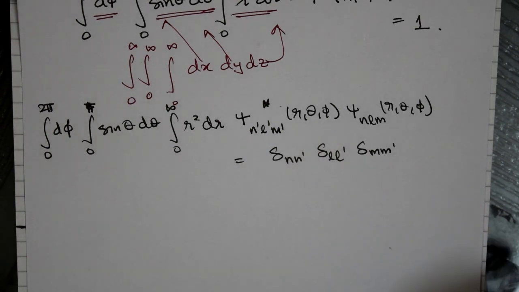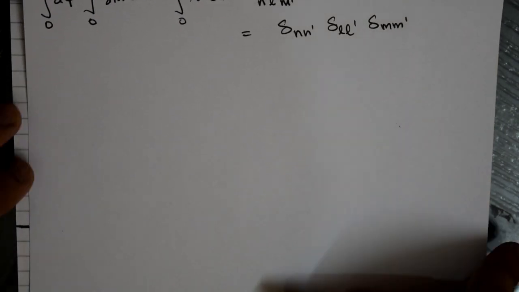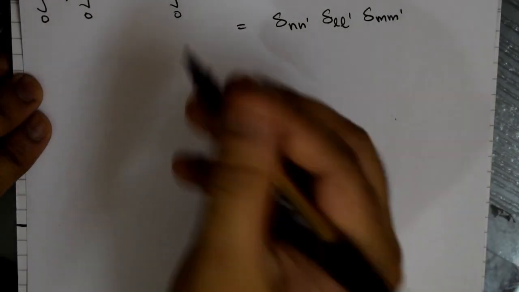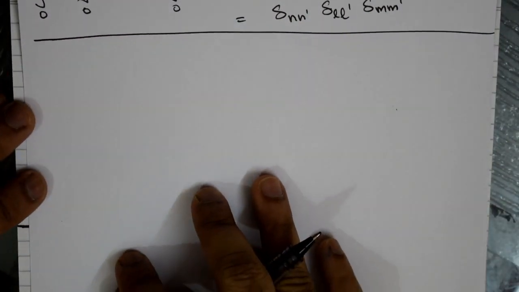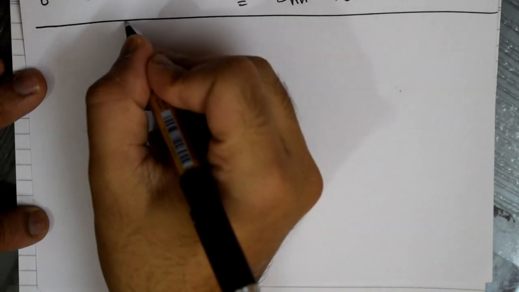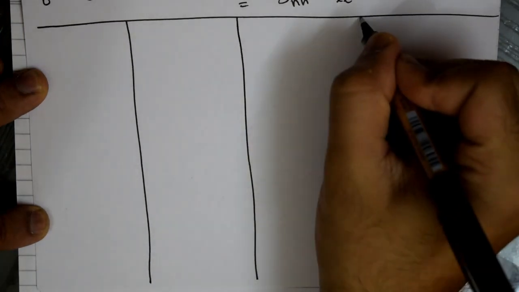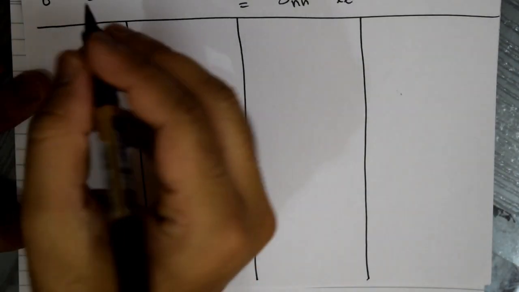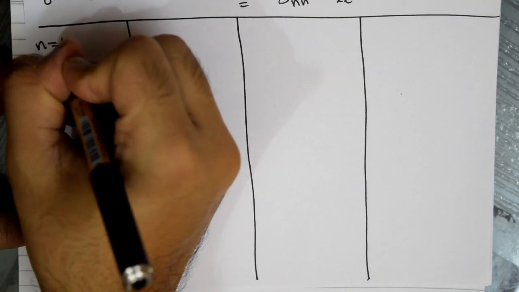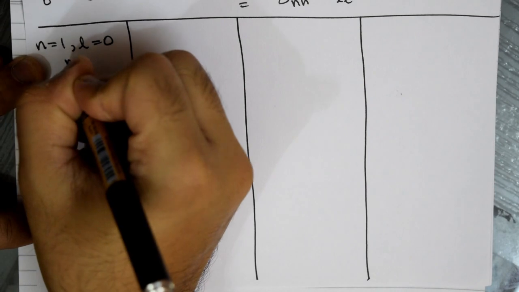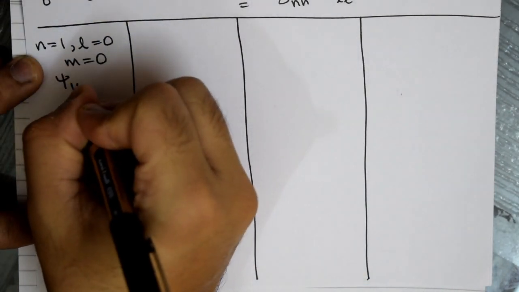Now having understood this, why don't we write some of the solutions of the hydrogen atom? Here I'm going to try to resort to something where we can understand things a little easier. We constrain boxes so that I can write things in a probable way which might help you understand. So let's start with the first one. Let's say n equal to 1, so therefore l value is 0 and m value is 0. In such a case, what ends up happening? This will be given as the psi 100 function.